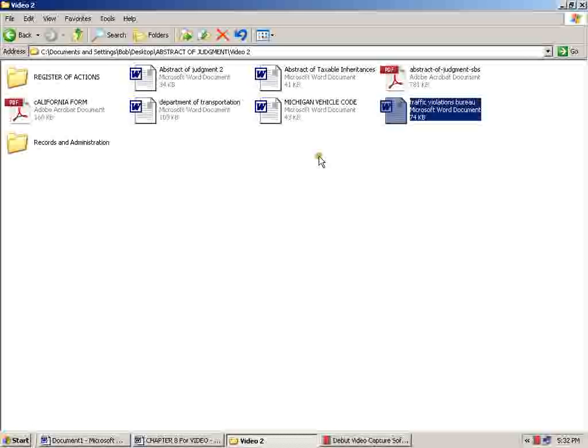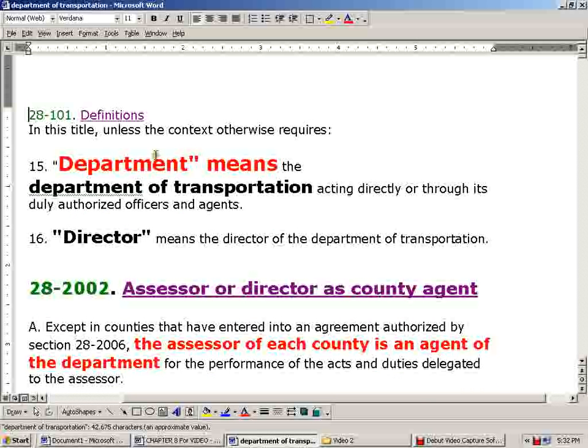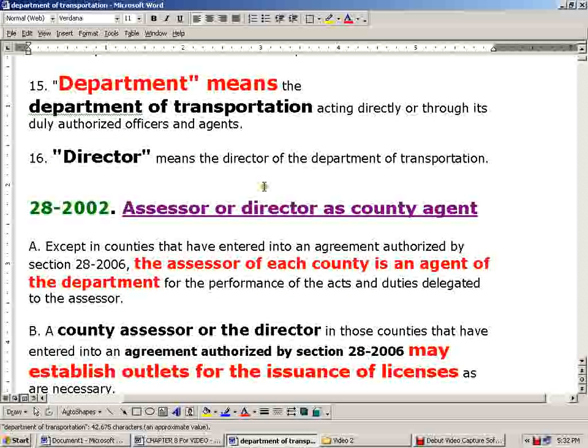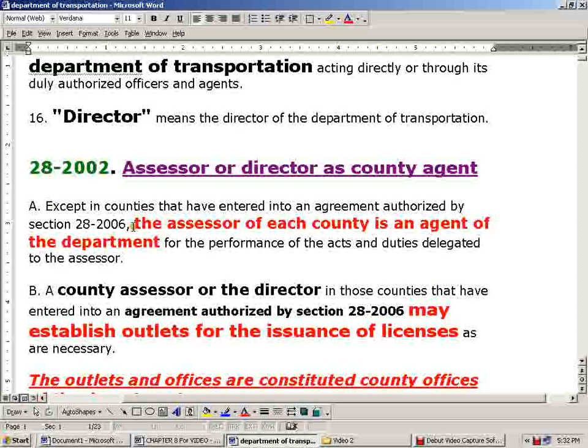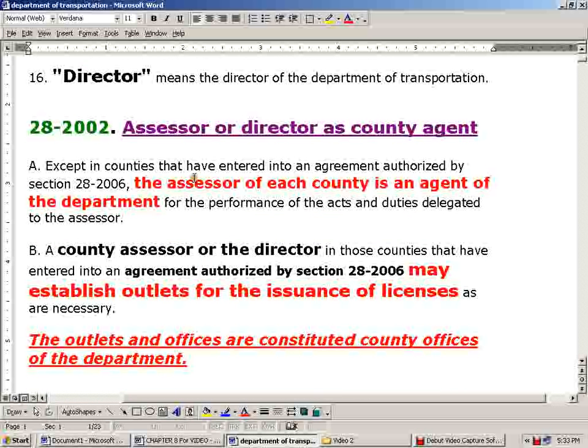Okay, that was that. Department of Transportation. Just real quick, this is again in Arizona. Department means the Department of Arizona. Director means the director of the Department of Transportation. Department of Transportation is the department we're talking about. The assessor of each county is an agent of the department for the purposes of this act, unless they do something per